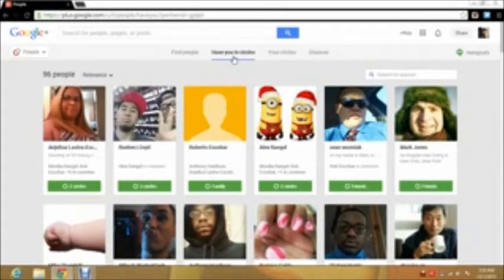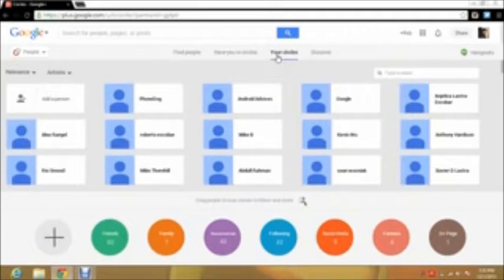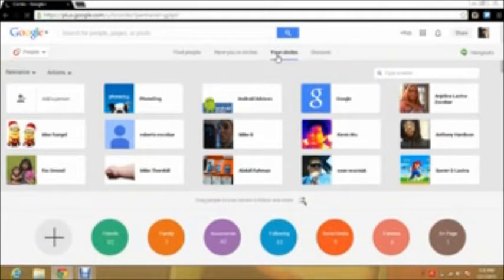And so yeah, these are people who've added me. Now the next tab over is your circles, and this is the heart of it. As you can see down here at the bottom, I have, let's see, 1, 2, 3,